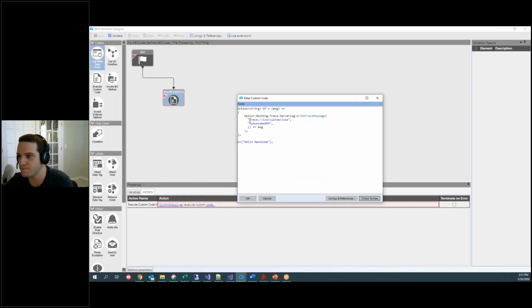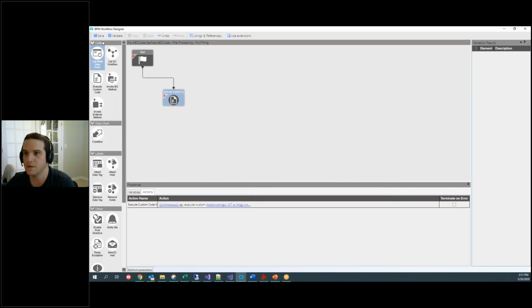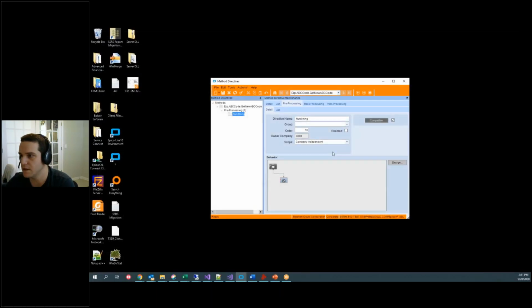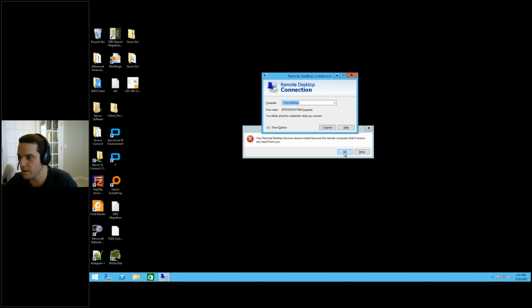Now this BPM, let me copy this. This BPM is inside ABC code get new, right? So I'm going to save this and I'm going to enable my BPM. And so now, if I go into my server, which I just got kicked out of, there we go. If I go into my server